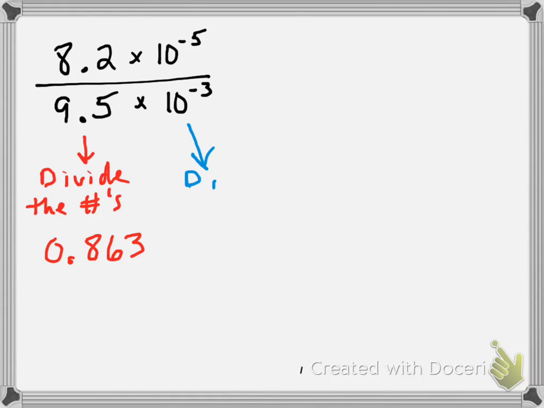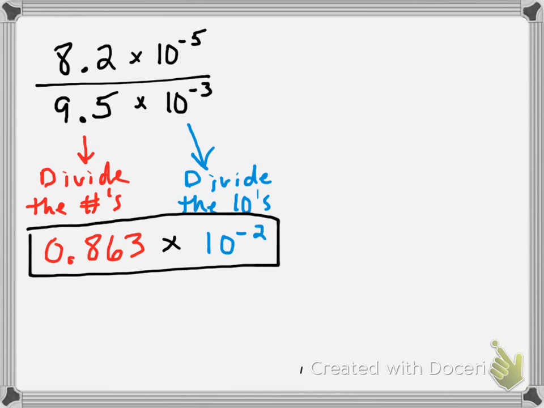0.863. Then, divide the tens. Sound familiar? It's basically the exact same, just this time we're dividing instead of multiplying. If you remember your exponent rules, when you divide, you have to subtract. So 10 to the negative 5th divided by 10 to the negative 3rd: I do negative 5 minus negative 3. That gives me negative 2. So I get 10 to the negative 2nd power. This would be my answer,